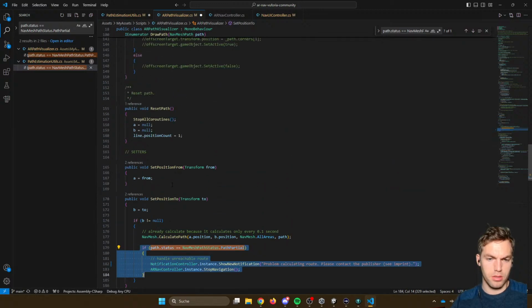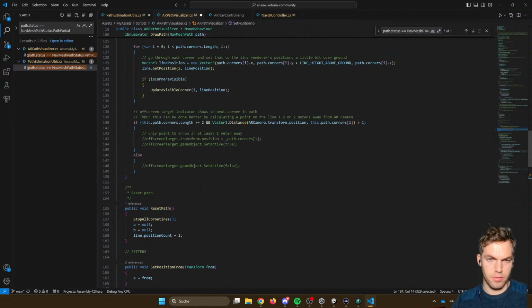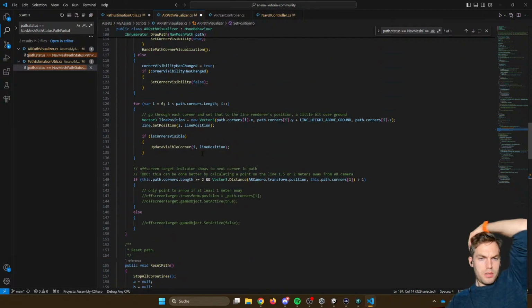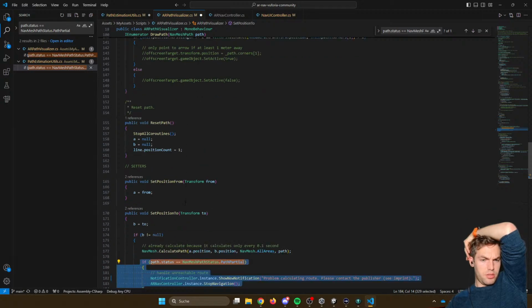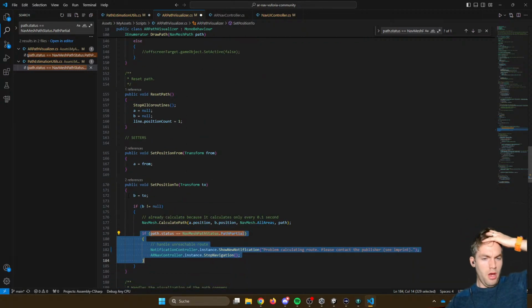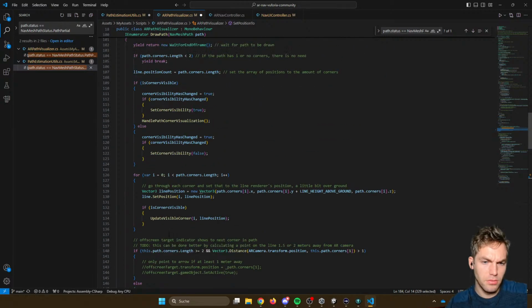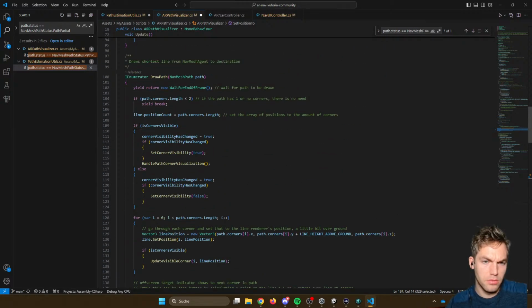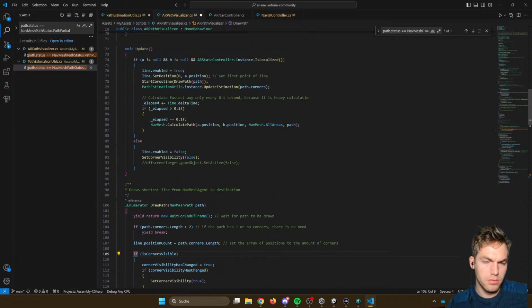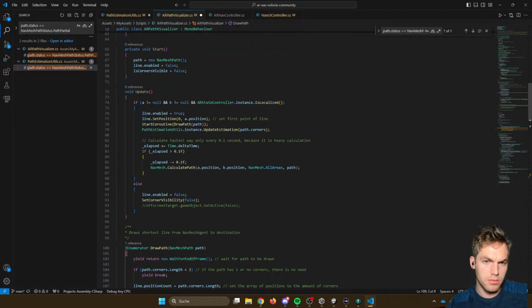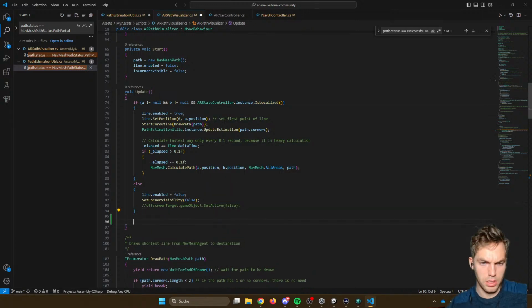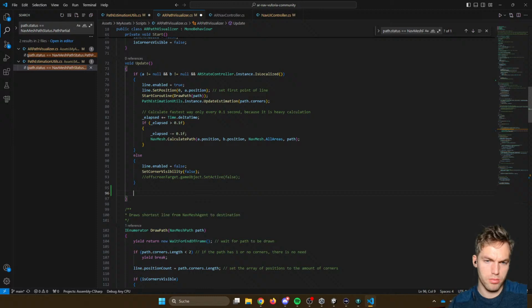Why not do that when we set the position here, right? B. Then, or I think about doing this just here. If A and B is set, don't have to localize, but